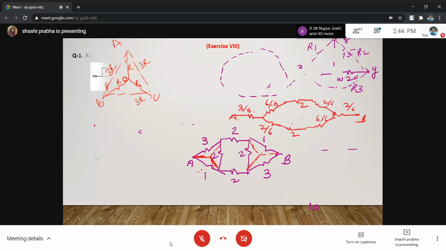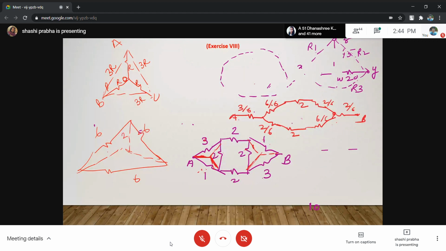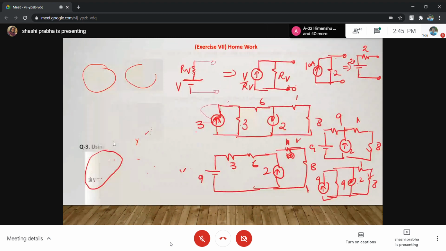If I have each resistance of 6, and if I want to convert this into a star, अभी मैंने बताया था ना, स्टार से डेल्टा में जाएंगे तो 3 times हो जाएगा, इक्वल है तो, और अगर डेल्टा से स्टार में आएंगे तो 1/3. ओके, स्टार छोटा लग रहा है ना, delta is looking bigger. सो ये अगर 2 है, 2 2 2 है, तो ये क्या बन जाएगा? 6 6 6. If it is 6 6 6, then it becomes 2 2 2. इसी का एडवांटेज लेते हुए we are going to make one